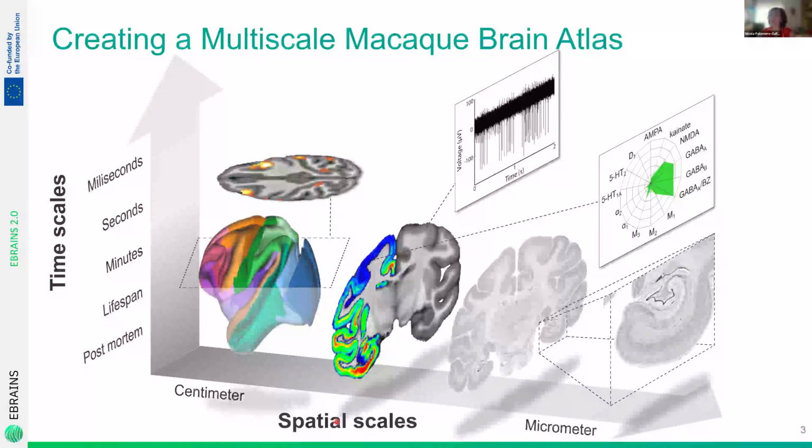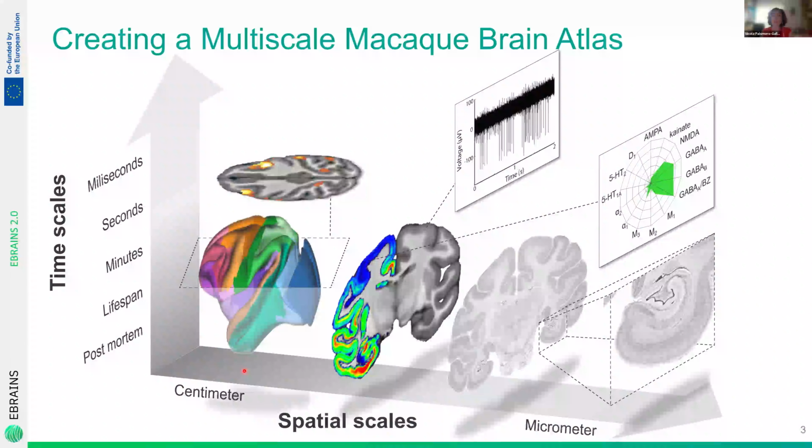So along the spatial scale, we would want to have data ranging from the microscopic level. So for example, single cells, through local circuit organization, cortical layers, connectivity between areas. And then we want to also move up into the centimeter and several centimeter scale, where we would be able to look at